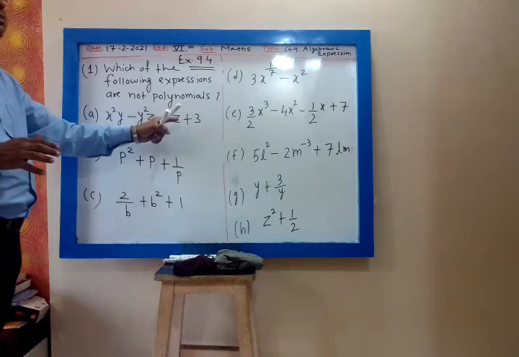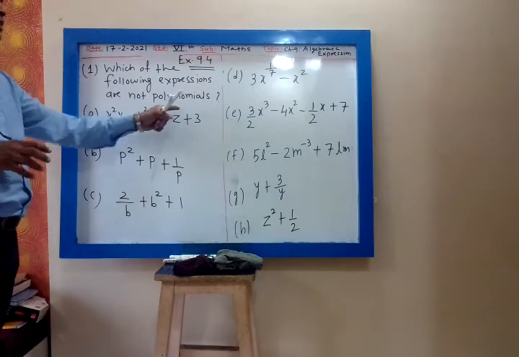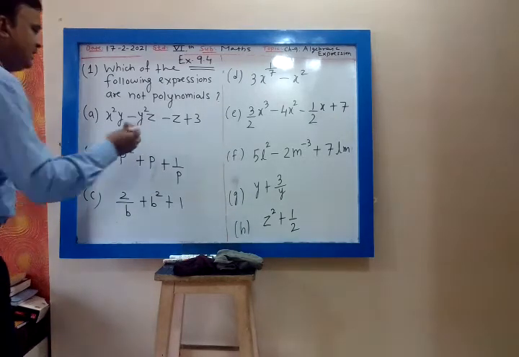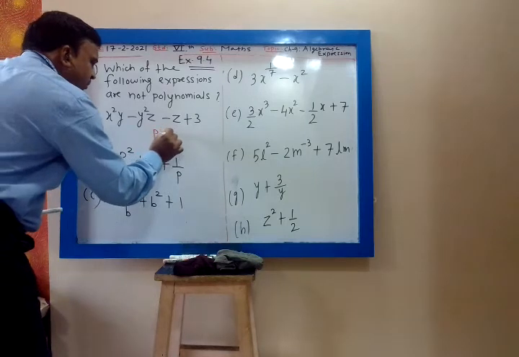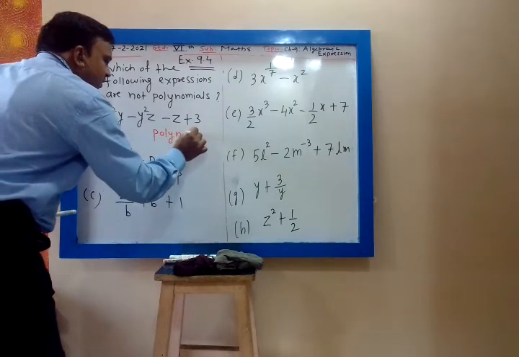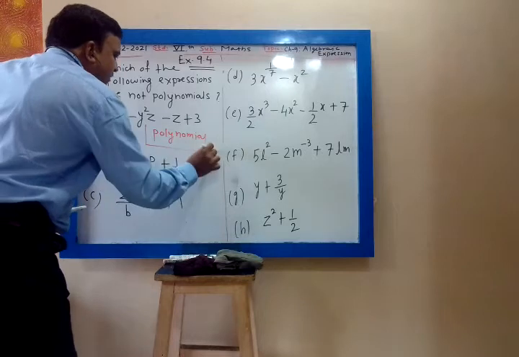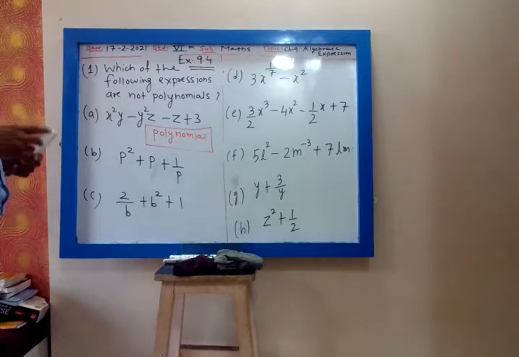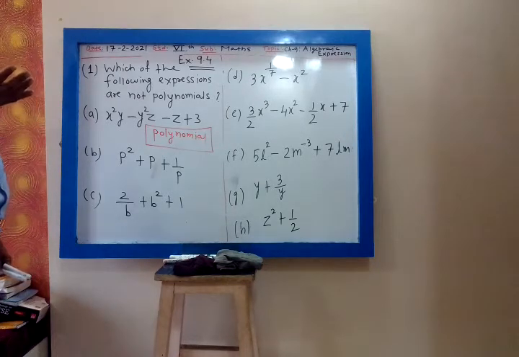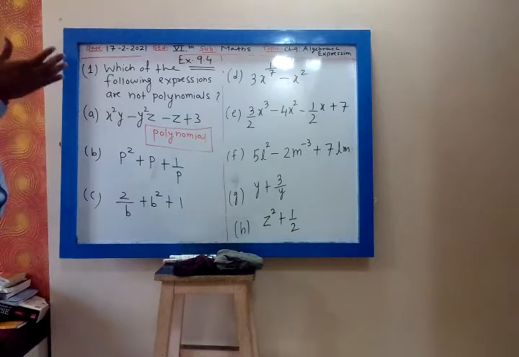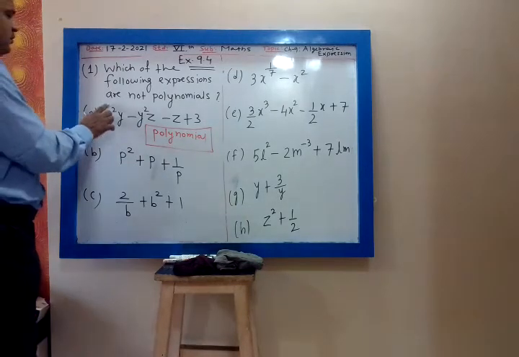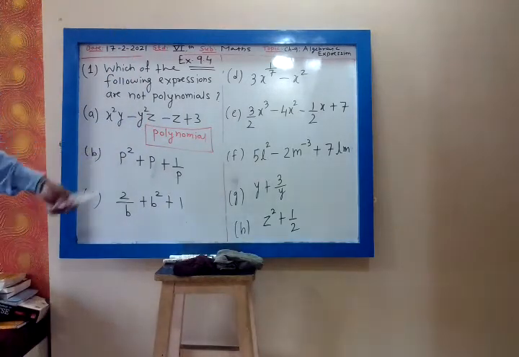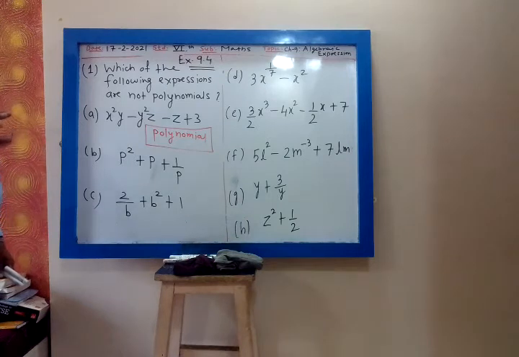My dear, no power means one power. So all the variables x, y, z are having positive power. So this is my polynomial in x, y, z. The powers of x, y, z are positive, meaning they are 1 or greater than 1. Now second one, p square plus p plus...